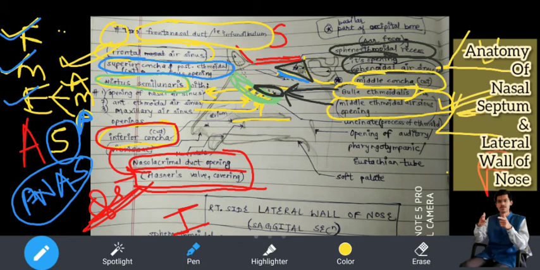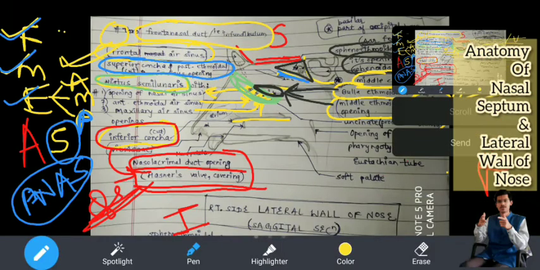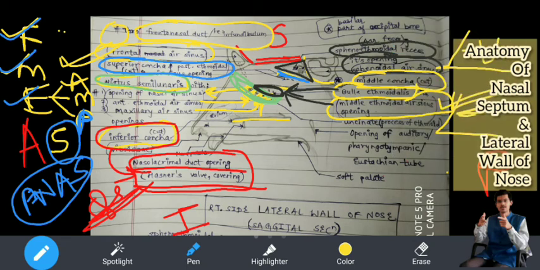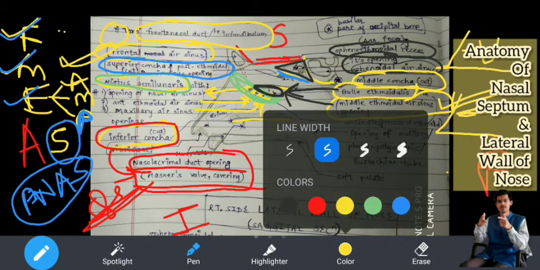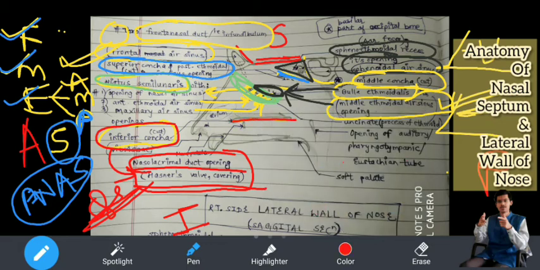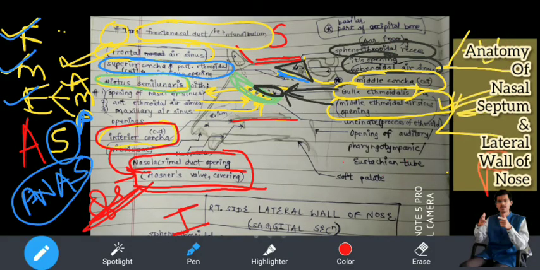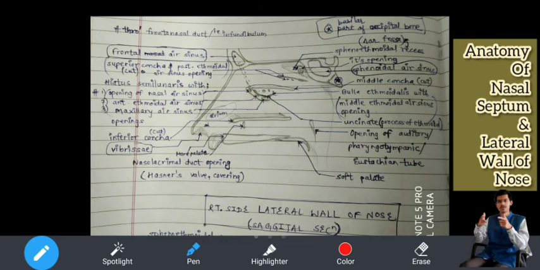Understood? I will take a screenshot of this diagram. I don't know how many are going to understand this diagram. But how many who have not seen the video, who have not attended the class? Because if you attend, you have followed the way I have explained, and so it will be very much easy for you. So this is the inferior nasal concha I have shown in red. Now I can take a screenshot. You can also take a screenshot to share with your friends. Okay, now we will clear. I will share these diagrams on the group.